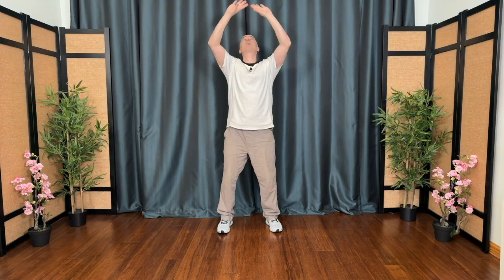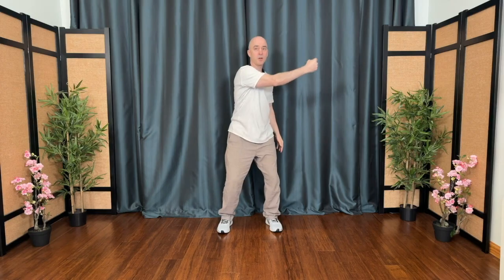Just bringing your attention to the body. One more time, holding up the sky. This time the bottom hand floats up, grabbing with the fist, and then draw it in towards the hip, other side. The back of the hand leads the way,